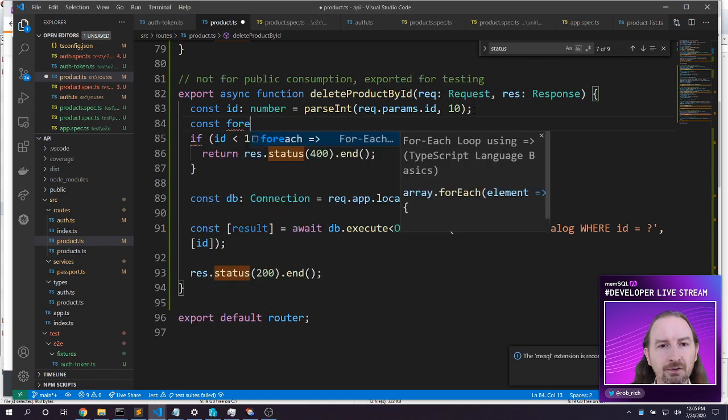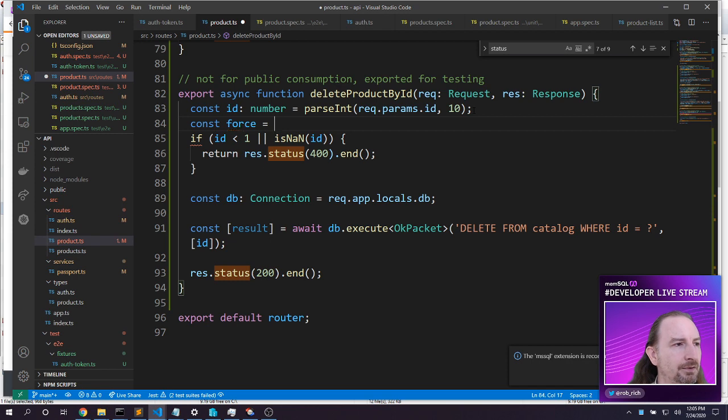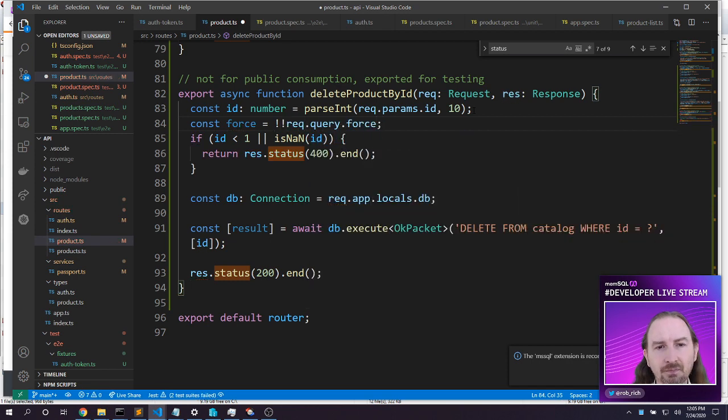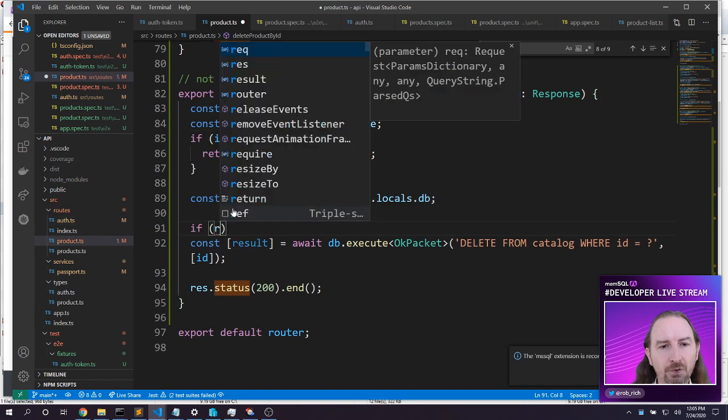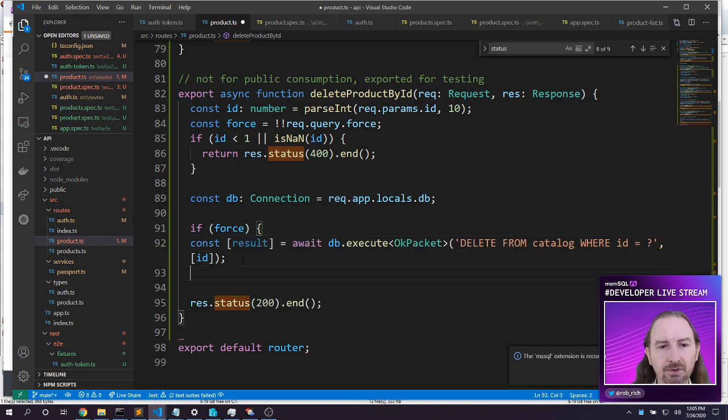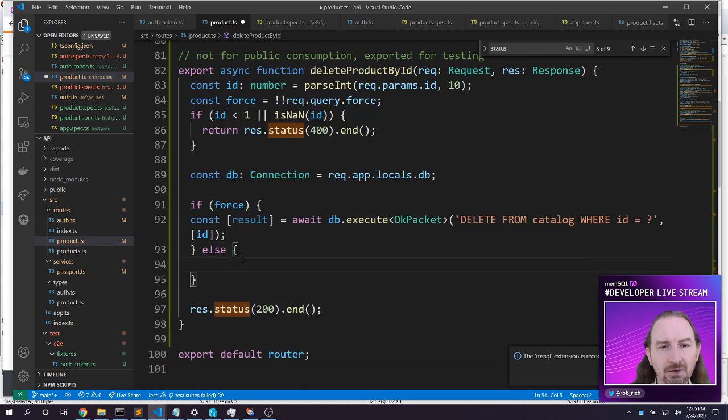Const force equals request.query.force. So now if you pass a force flag and we just cast it to make sure it's either true or false, then we can do something different. So now we could say if force, and we've got this method right here already, else we'd like to do something